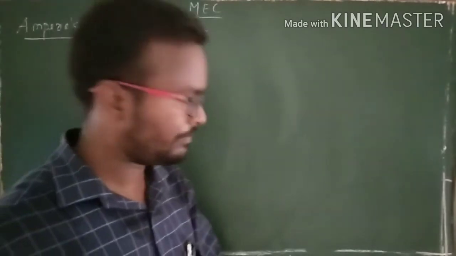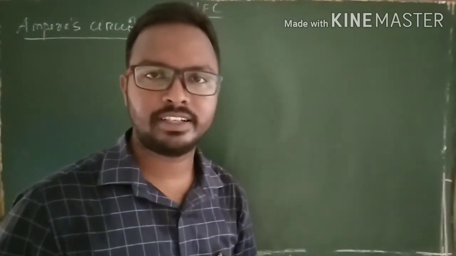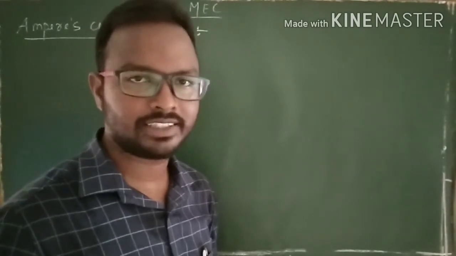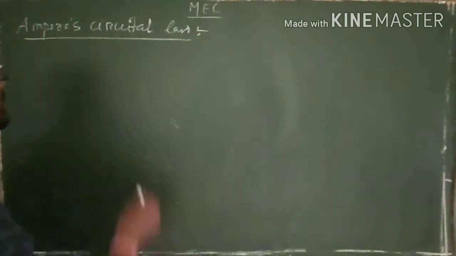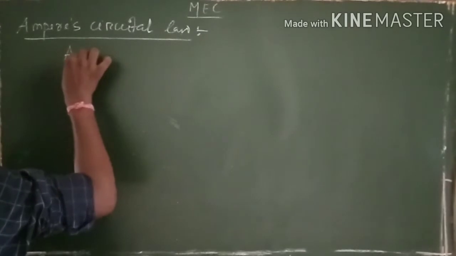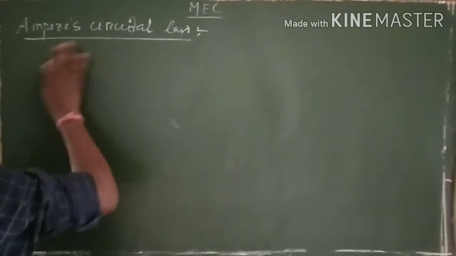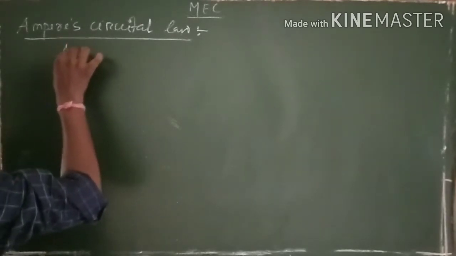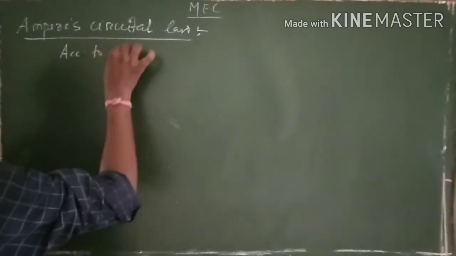This is an important law for calculation of magnetic field, and this law makes it easy to calculate the magnetic field. Clear? Now we have to write the statement of Ampere's circuital law. According to this law,